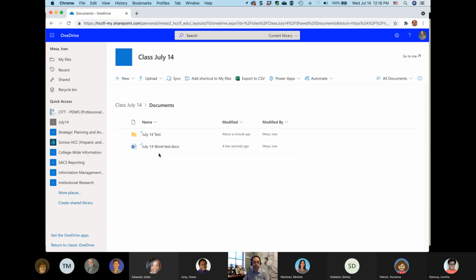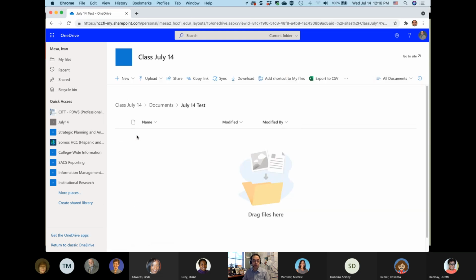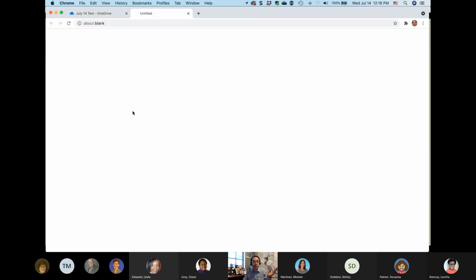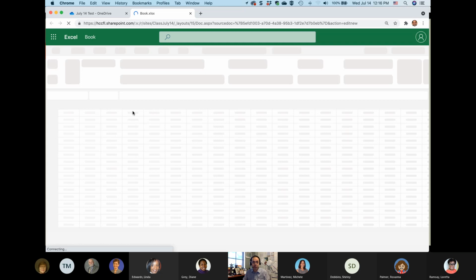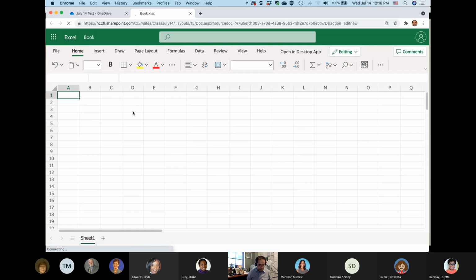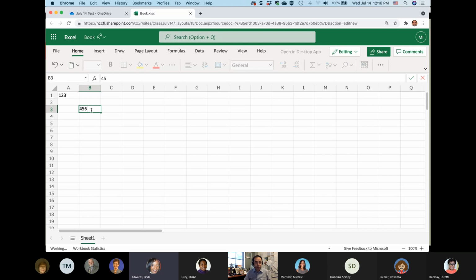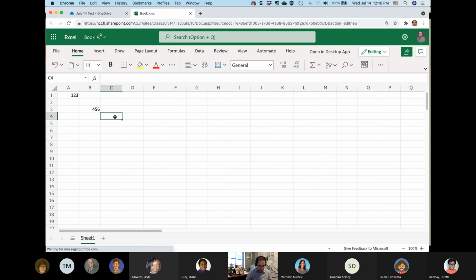I have my folder that I created. I have a Word document. If I want to go inside that folder, just double click on that folder. You see the breadcrumbs here that show you where it is. And then inside there, I can create more things, like, for example, an Excel document. In this case, I'm going to create an Excel document that says 1, 2, 3, and then 4, 5, 6, and then I'm going to type here, this is this,